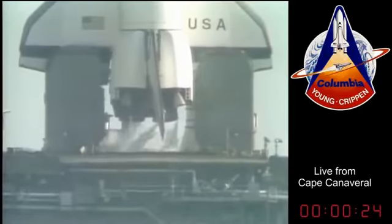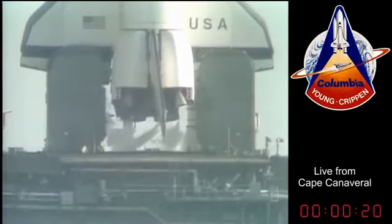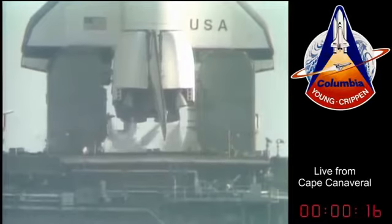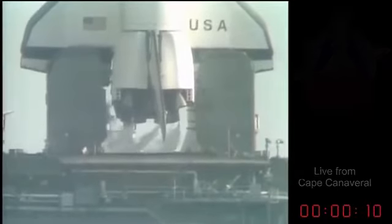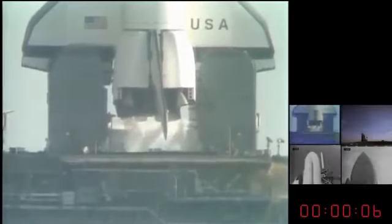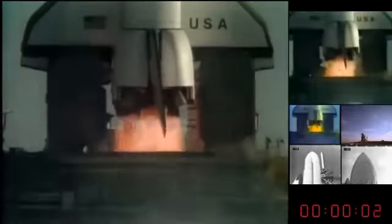We've gone for redundant set sequencer start. T-minus 20 seconds and counting. T-minus 15, 14, 13, T-minus 10, 9, 8, 7, 6, 5, 4. We've gone for main engine start. We have